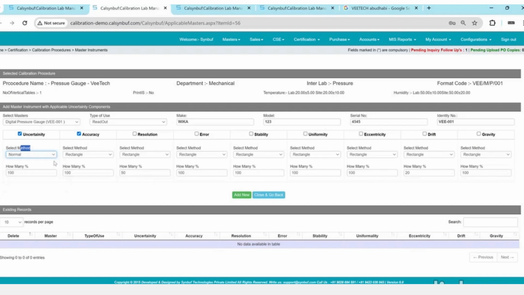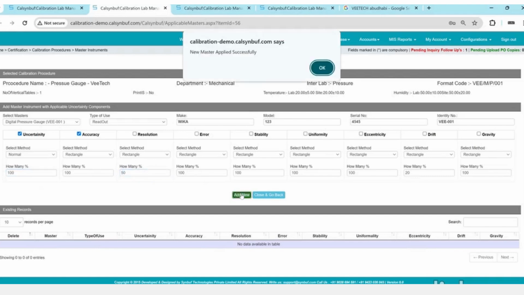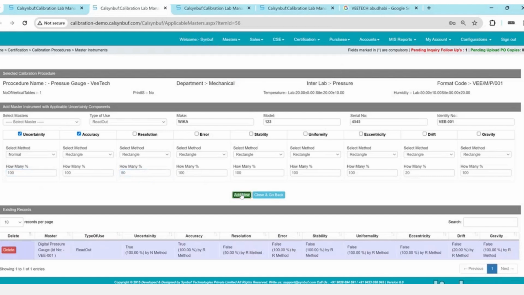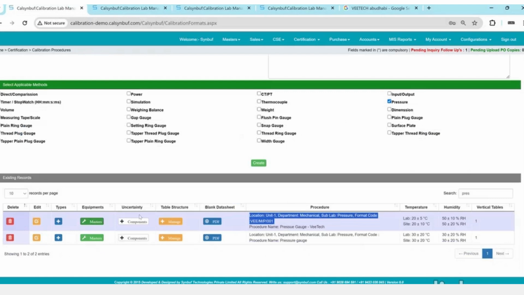Even though, we can select percentage, how much percentage of uncertainty we need to consider. In case of resolution of weighing balance, in case of calibration of weight boxes, we will select 50%, right? That's the point. Then I'll add it. Similarly, multiple masters can be added. Third option, apart from masters, we have some additional components of the type B that you can manage